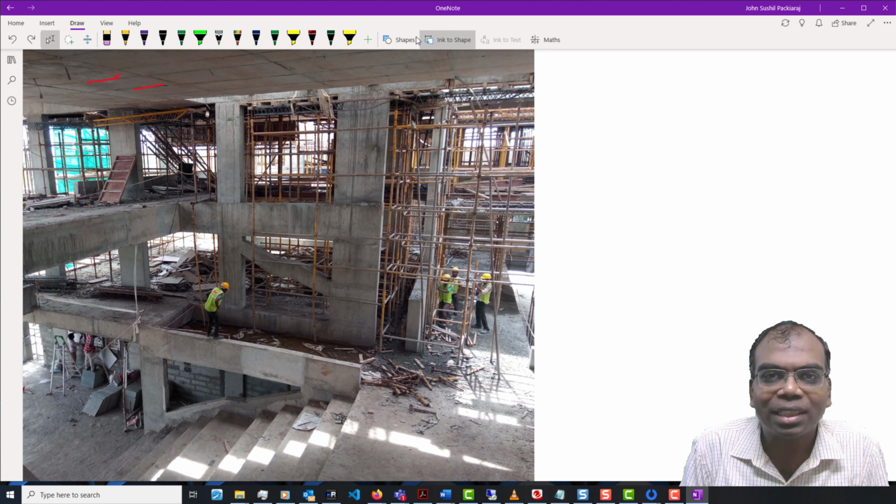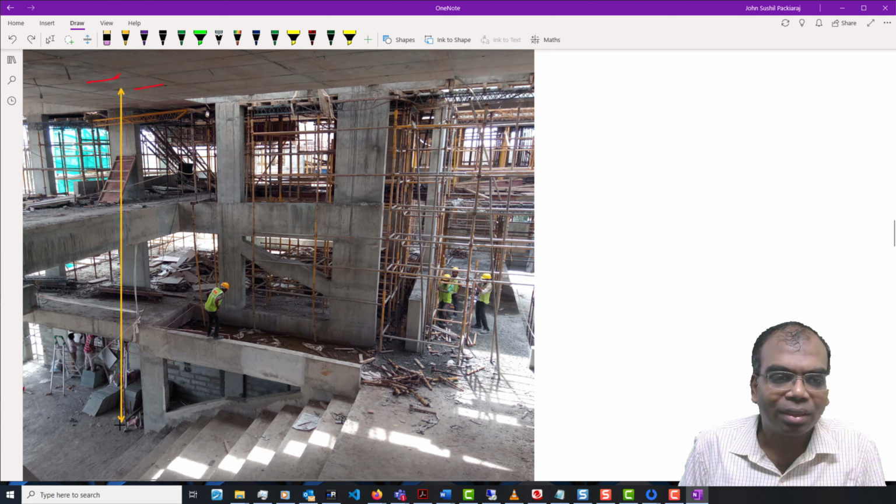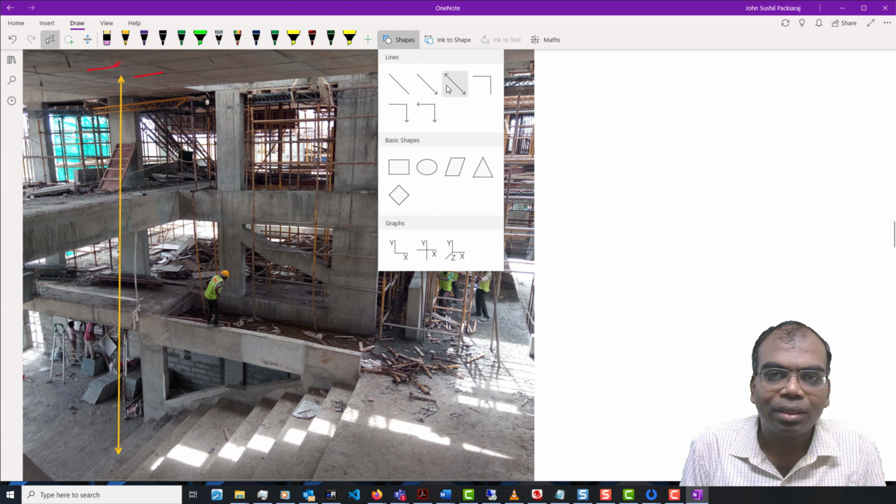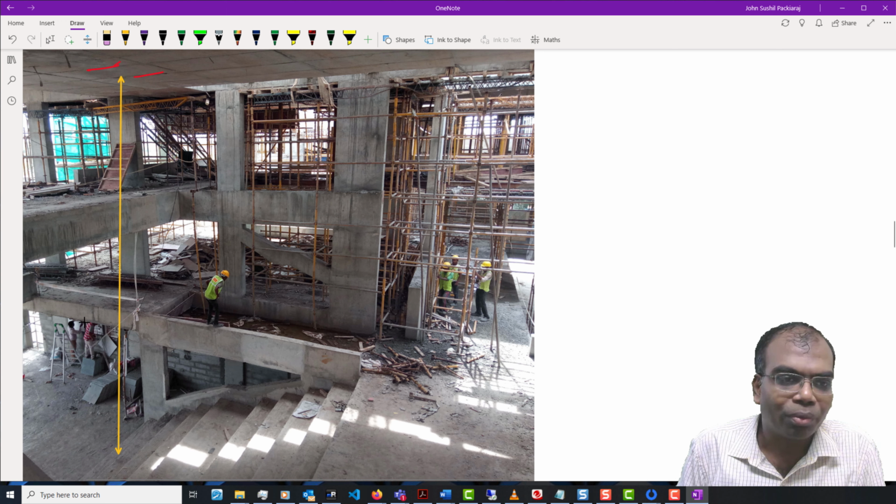The shutter should have spanned from here to here. In other words, this is the equivalent of one floor, this is the equivalent of yet another floor,